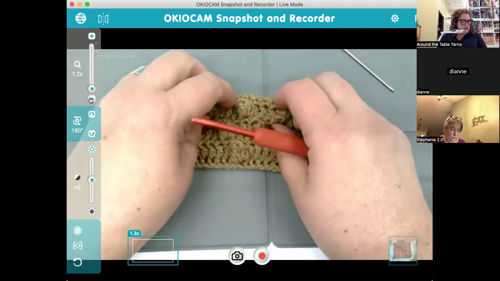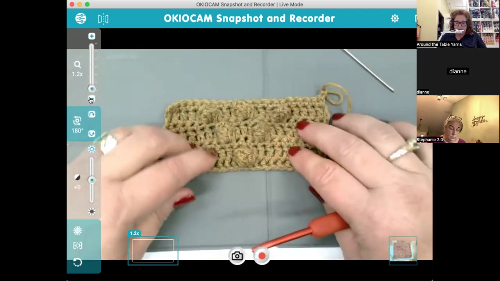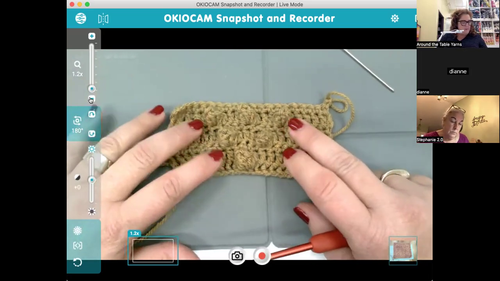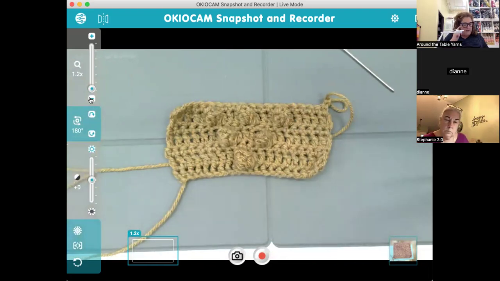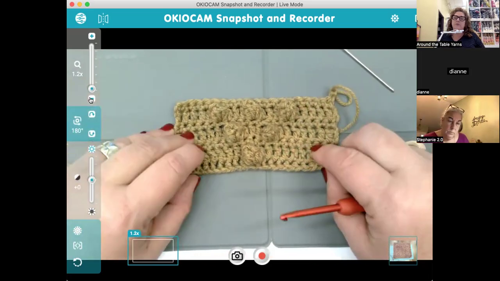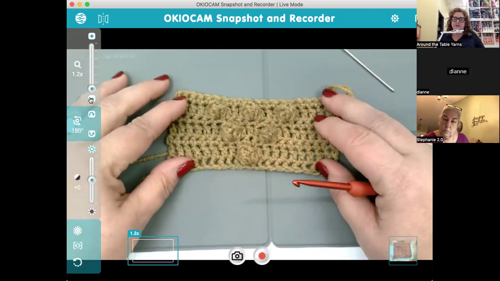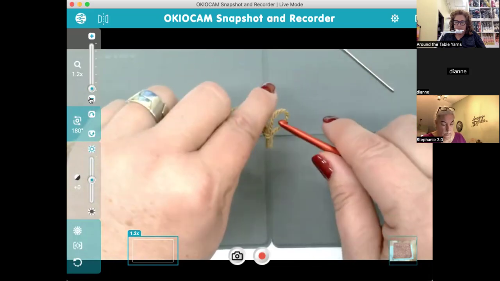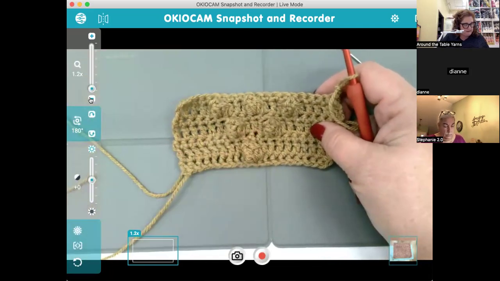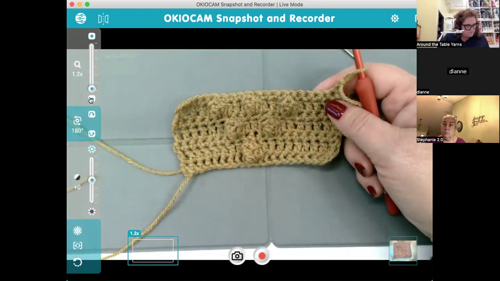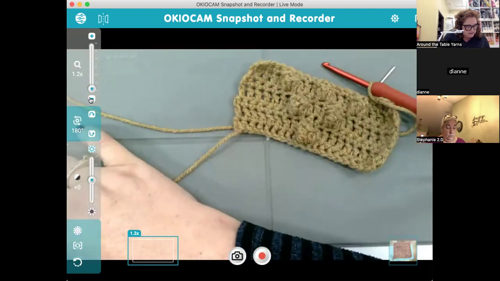So the one I'm demonstrating here is number 92, Popcorn Diamonds. I got partially through the beginning of my diamond, so I'm going to pick it up where I left off. This one tells you to chain 20. So if you're going to do a foundation single crochet, you would do 19 foundation single crochet stitches. So I have 19 stitches going across here. Okay. So I have completed, let's see. I believe I have completed,